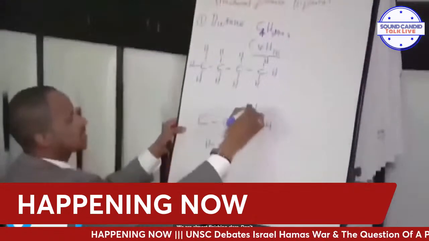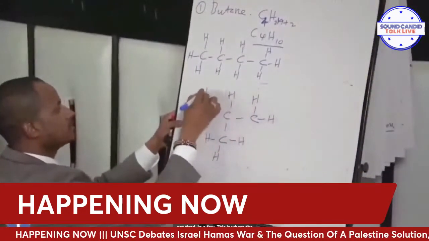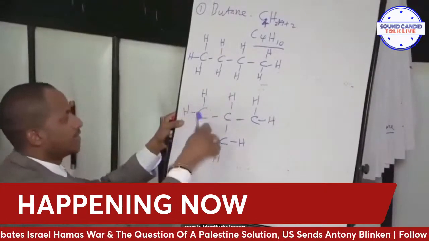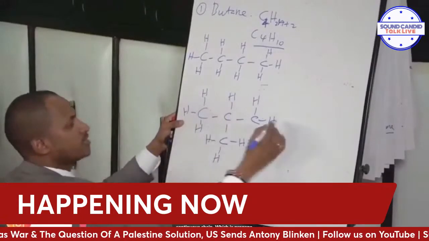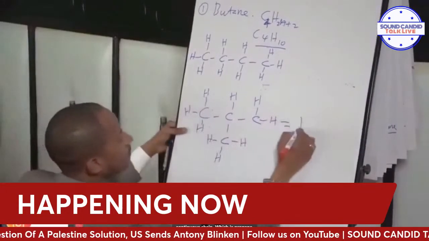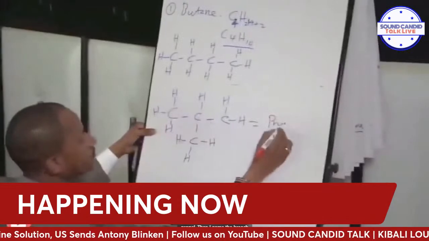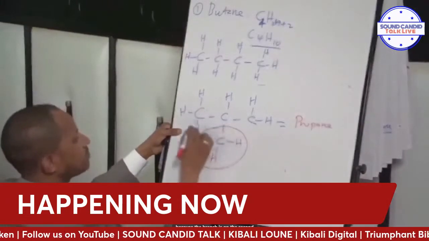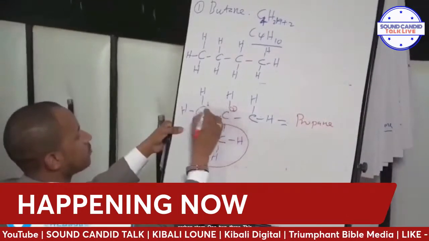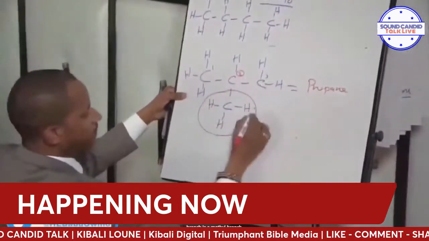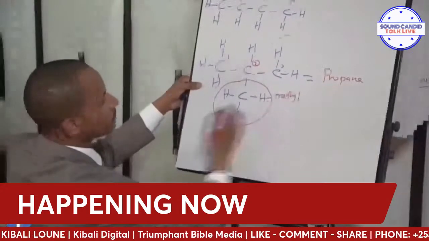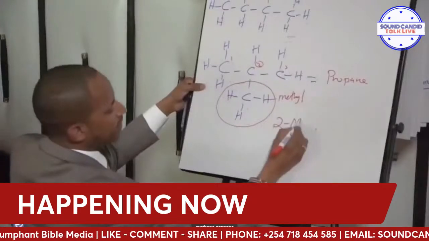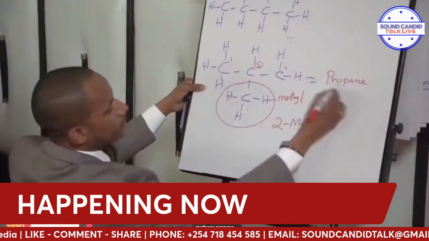We're almost finishing class, don't get tired. This is where the exam is. Identify the longest continuous chain, which is propane. There are 3: 1, 2, 3, propane. Then I name the branch, because the branch is on the second carbon atom, 1, 2, 3. This branch is a methyl branch. So we name it, we start with 2, then methyl propane.